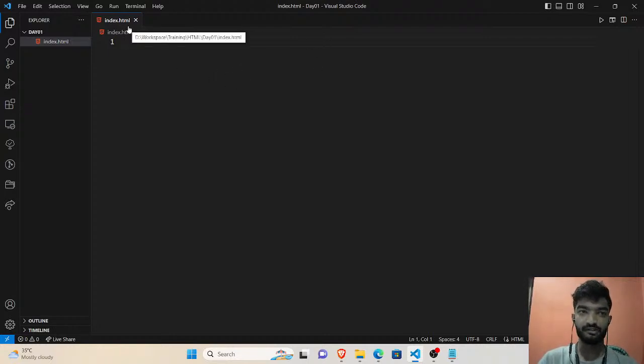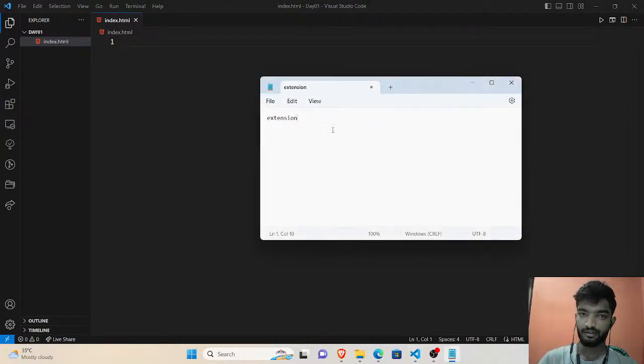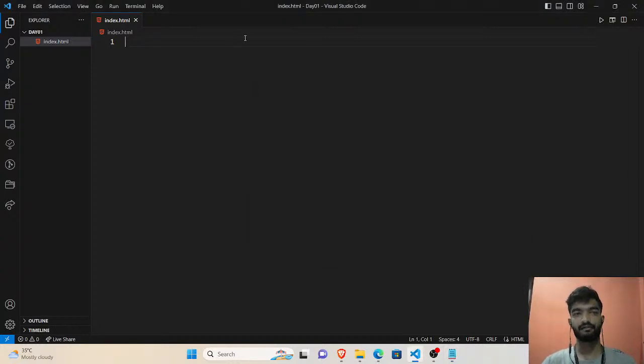So .html is our file extension, and there is an HTML boilerplate. What do you mean by boilerplate? Do you have any idea about boilerplate? Have you ever heard about this? Let me type it. Boilerplate. Structure of HTML, that's great. Sample code is kind of the idea.